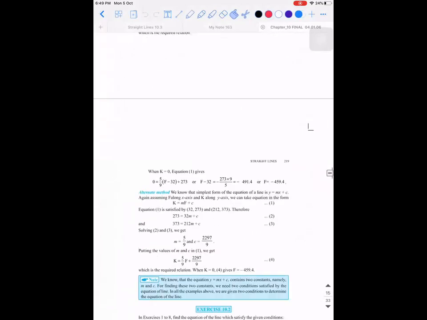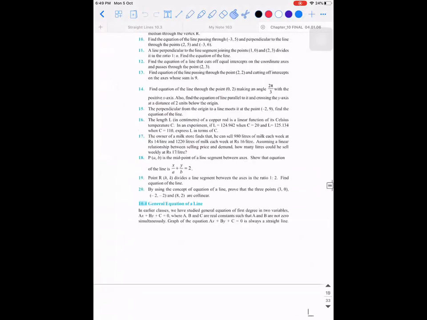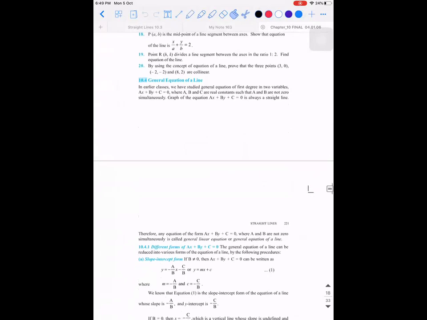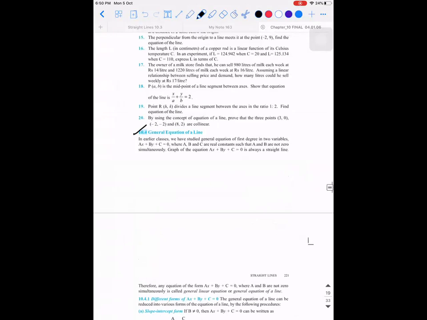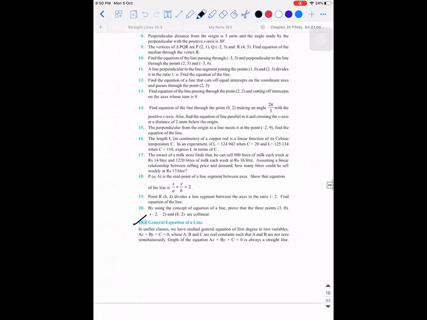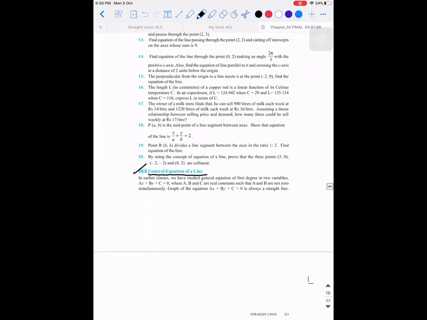So what we have seen is, see, observe. In the previous exercise, they gave you certain conditions for which you wrote the equation of a line, right? For example, they'll give you the slope of this line is this much, it is passing through this point. So all those conditions are given and you wrote the equation of a line. In this exercise, we are going to concentrate on the general equation of a line. So the general equation of a line is ax plus by plus c is equal to 0. There is a known fact.